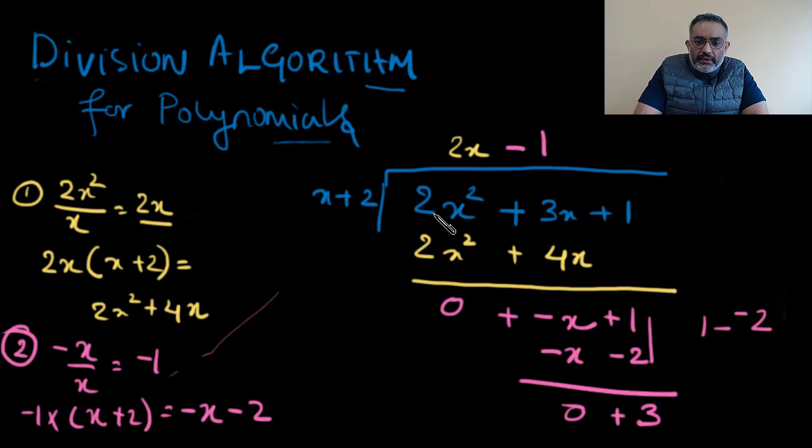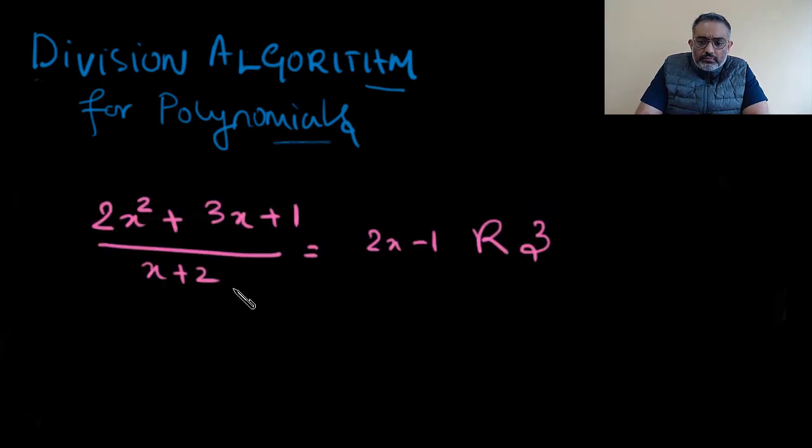So if you divide this expression by this expression, you get the answer as 2x minus 1, and you get a remainder of 3. Okay, so let me summarize. The original expression 2x squared plus 3x plus 1 divided by x plus 2 yields the expression 2x minus 1 with a remainder 3. Now we can express this as a division algorithm straight away, which is this term 2x